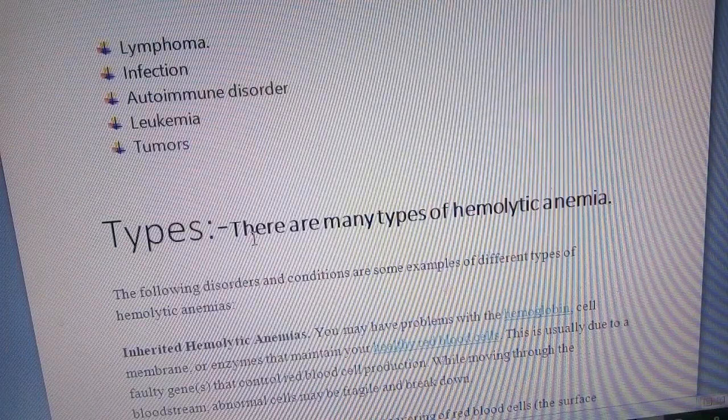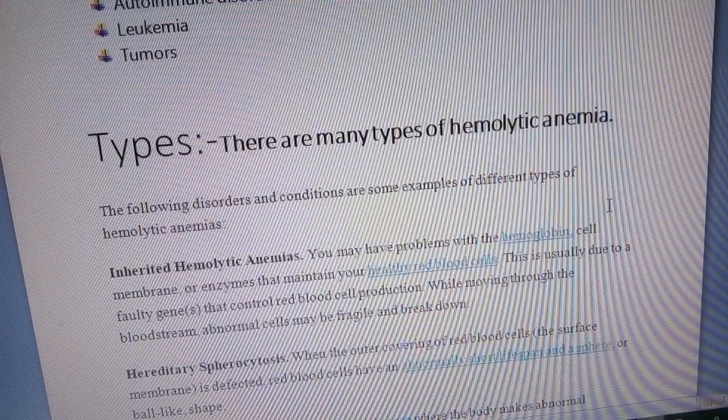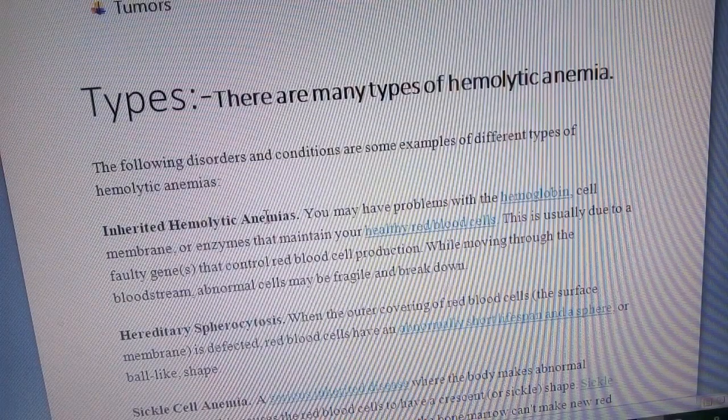Now, types of hemolytic anemia. There are many types of hemolytic anemia. The following disorders and conditions are some examples of different types of hemolytic anemia, that is, inherited hemolytic anemia, hereditary